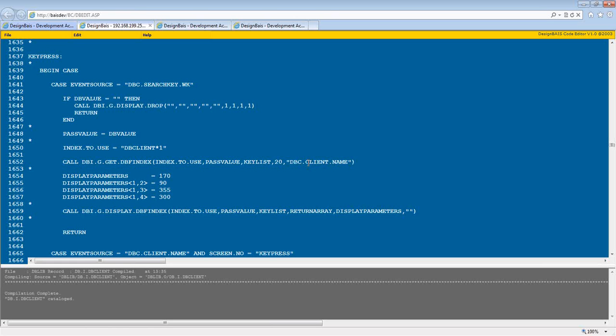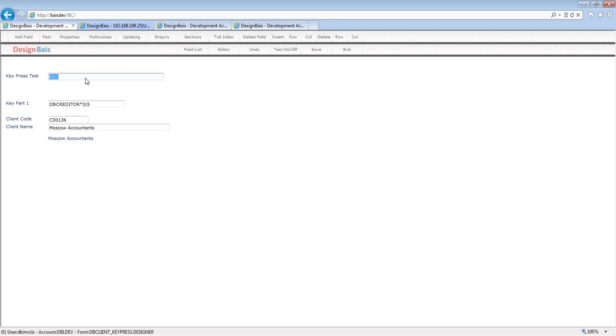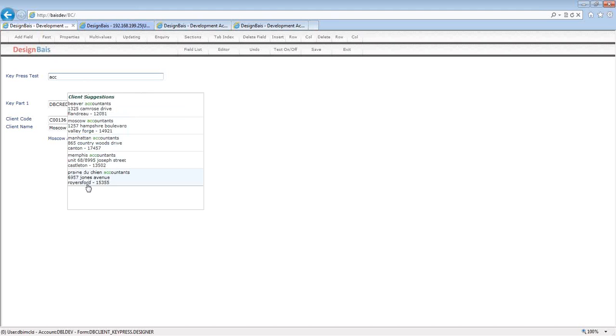So that means that even though the index has client name, suburb, and street name and postcode, this DB value, or this pass value variable, is directed just to the client name. So when we see that in action